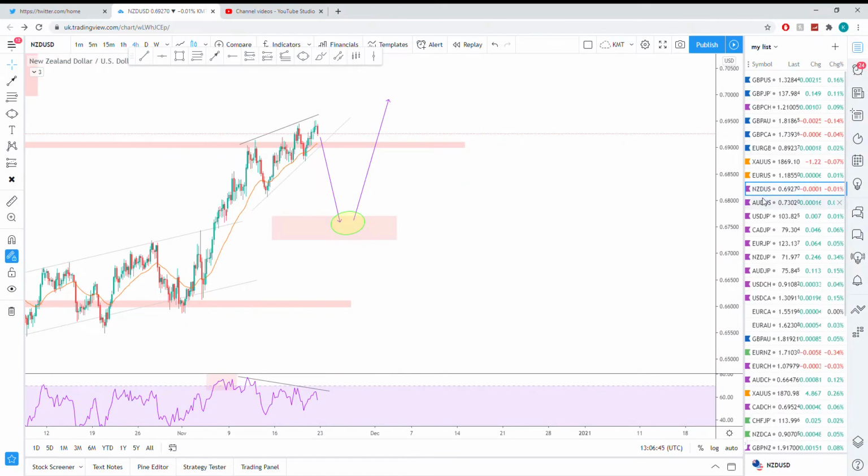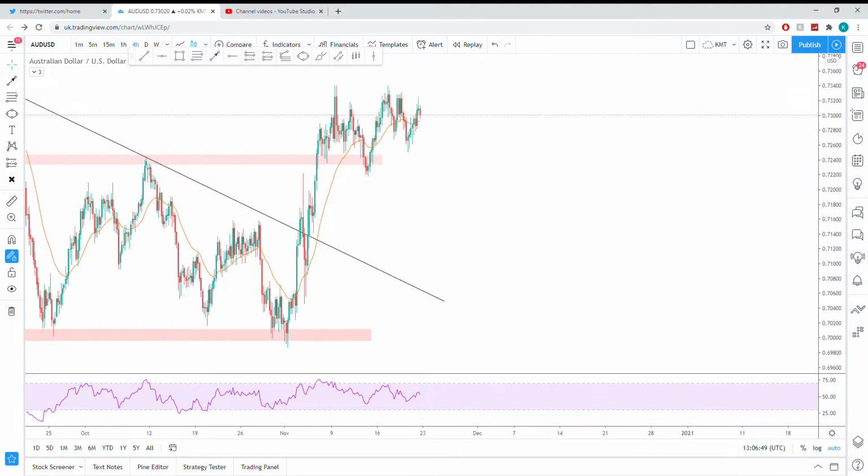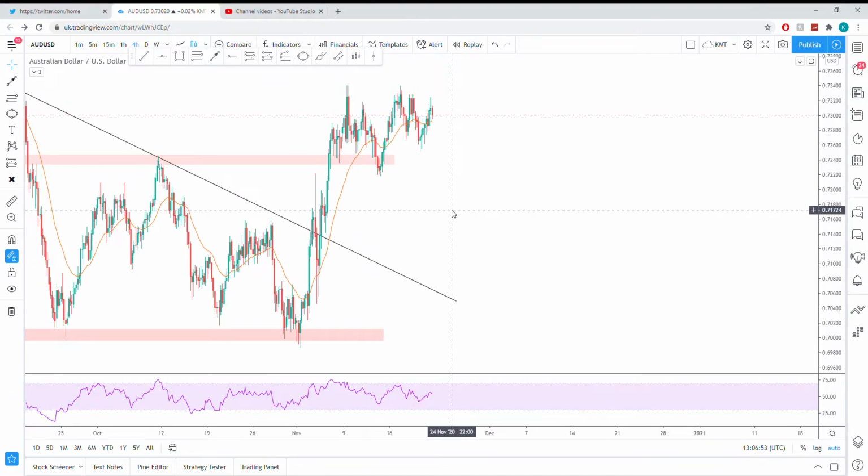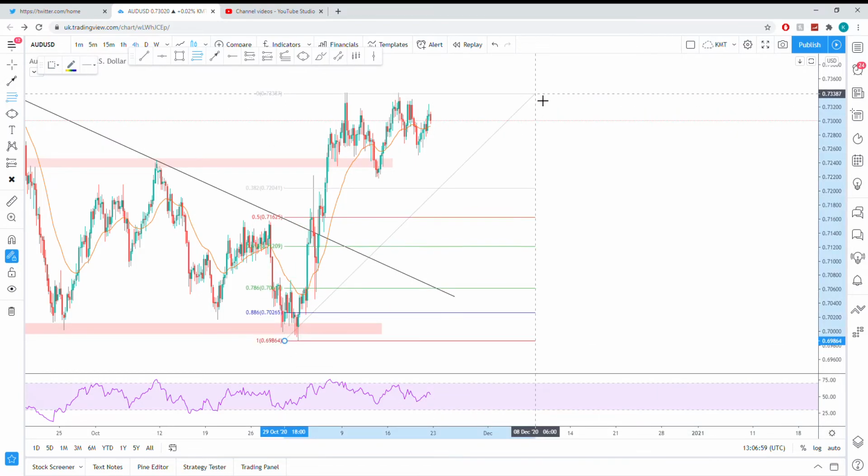Now we'll check out Aussie dollar. Pretty much they have a similar correlation, so what we can expect for this pair is ultimately the same thing. What I'm looking out for here, so if we pull out a fib,